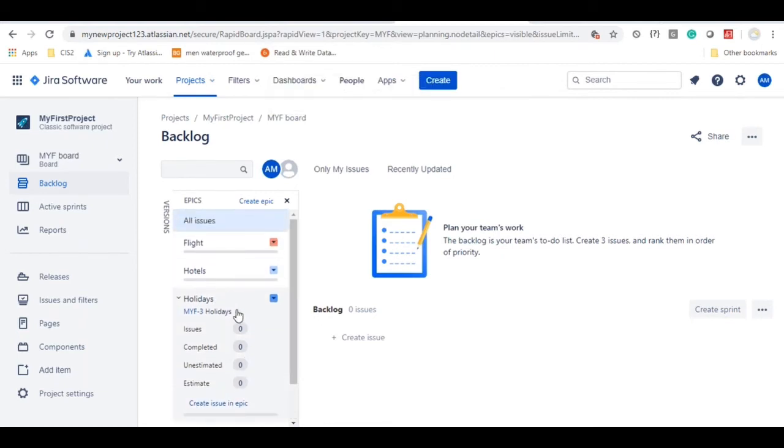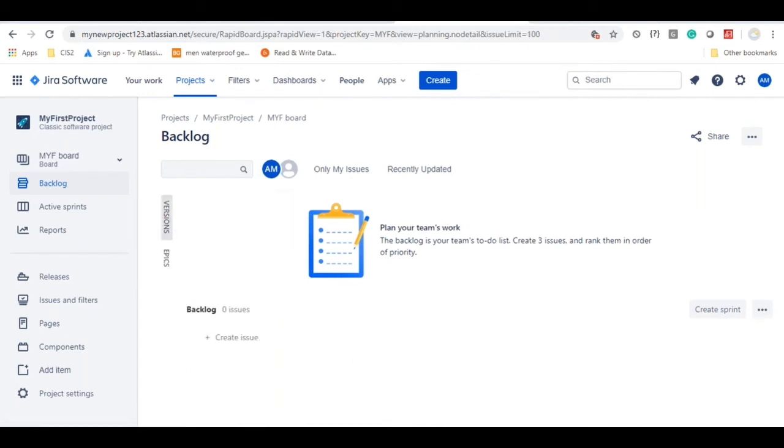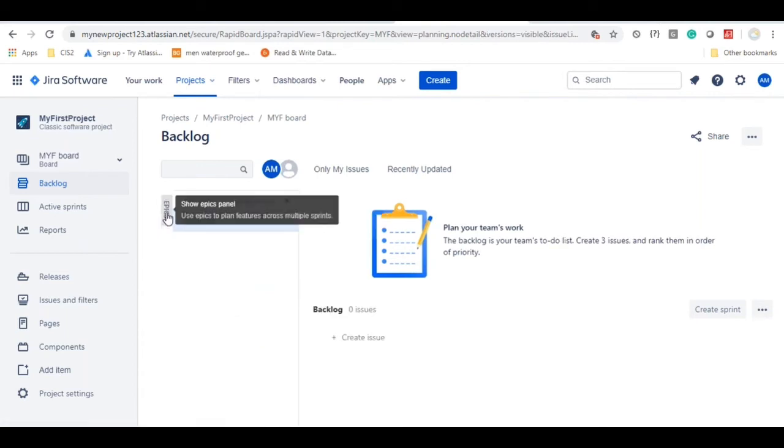Okay. How to link the user story with these epics, I'm going to show you in a couple of minutes. Other than that, there is one more option available here called versions. What does version mean? Normally you might have seen it in real life also. What is the current Android version? It is Android 10, I guess. Previously you had Android Lollipop, Nougat. There are so many versions, right? So what is the purpose of that version?